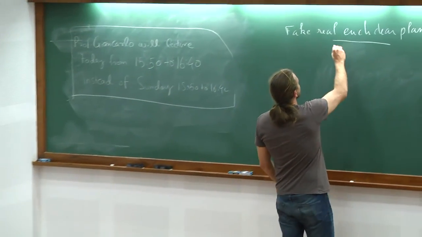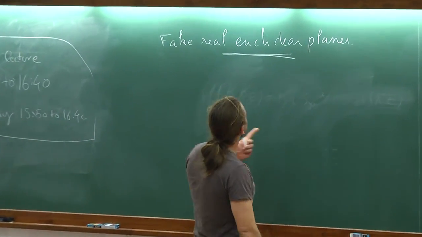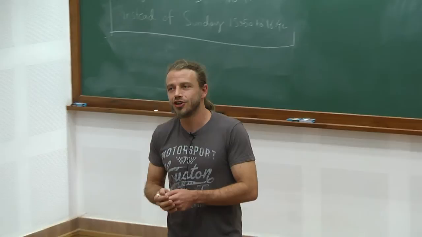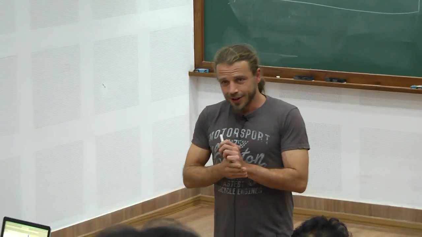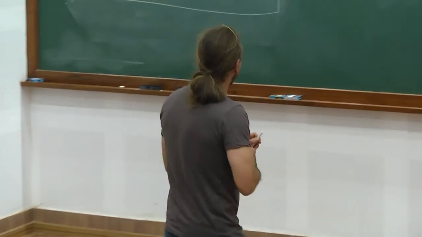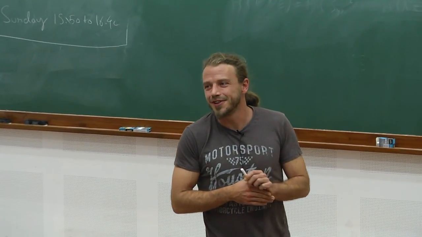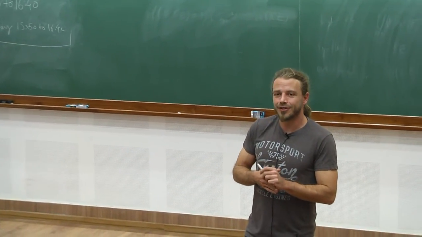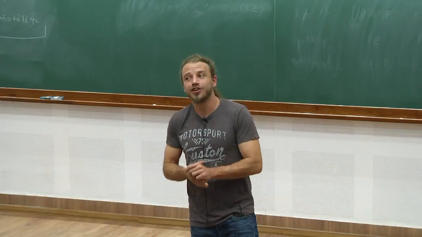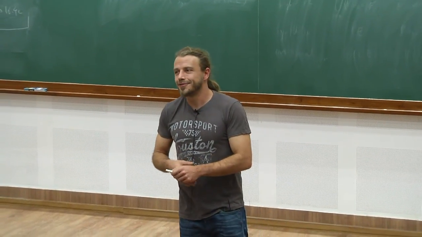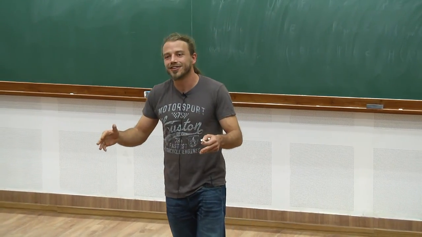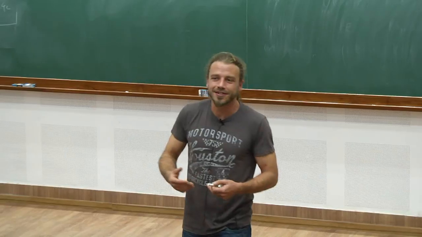So, the talk will be about fake real Euclidean planes. Typically, I should start with some kind of serious motivation for studying this kind of object. The point is there is no serious motivation. It started like a joke with a colleague of mine, whom I visited 8 years ago. He is in algebraic geometry, more in affine algebraic geometry, and we said, hey, it would be fun to mix two unpopular subjects in algebraic geometry, so let's try to do real affine algebraic geometry.